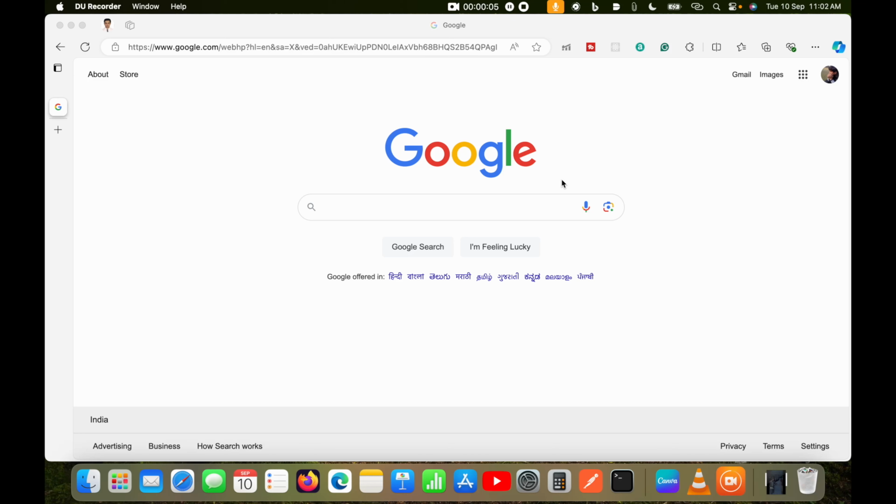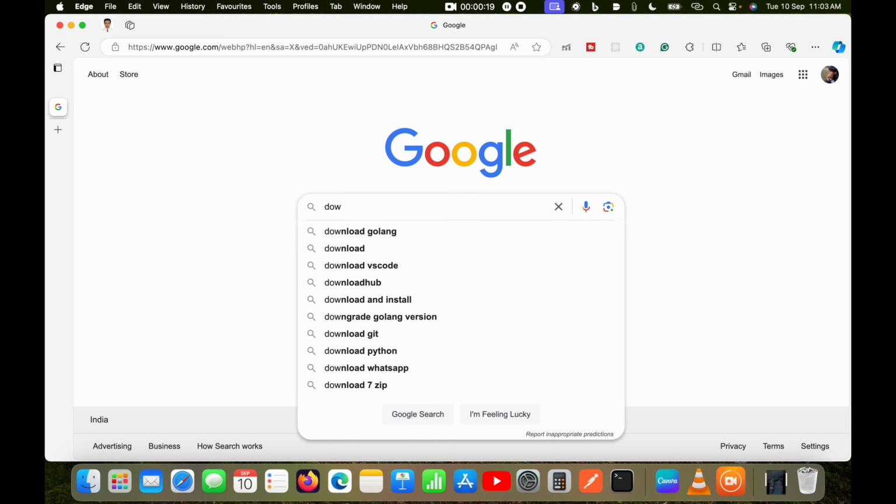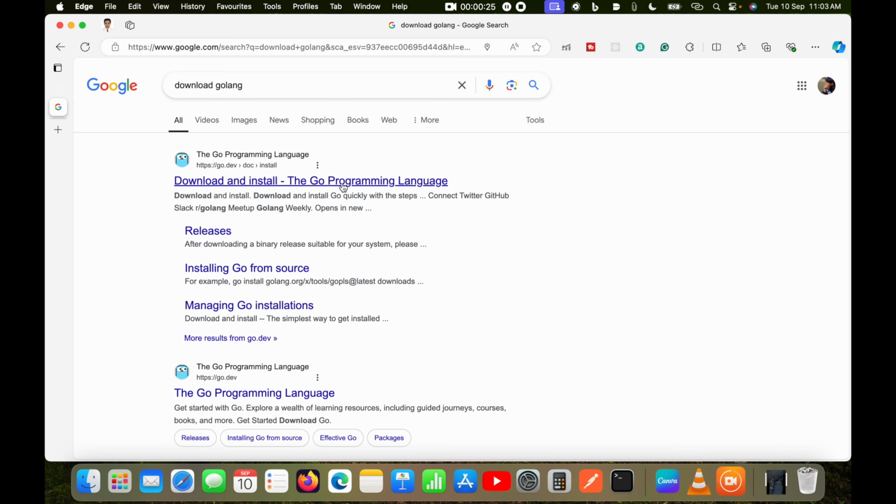Hello guys, today in this video I am going to show you how we can start development with Golang. So before that, first I need to download Golang and install it in our system. I will go to Google and type "download Golang", and it will show me